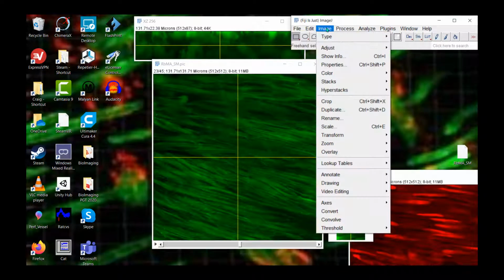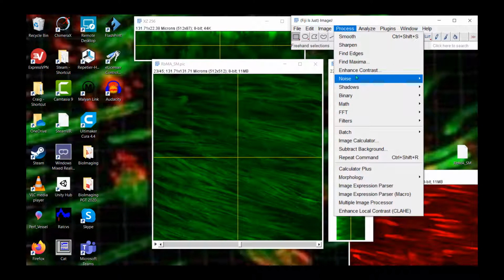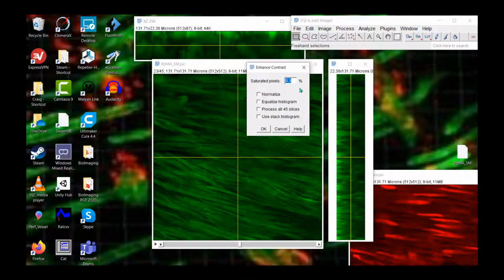We can fix that by enhancing the contrast. So we go to Process, Enhance Contrast. We want to normalise all the data, and we want to use all 45 slices. And when it goes through this algorithm to normalise the intensity, it may saturate some of the pixels. That is, some of the pixels may be given a value of 255 or greater.